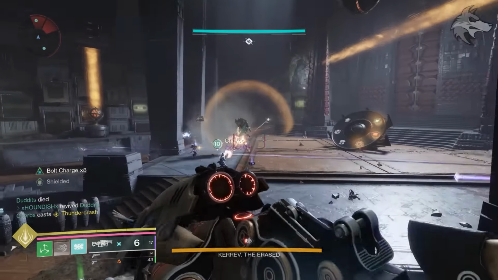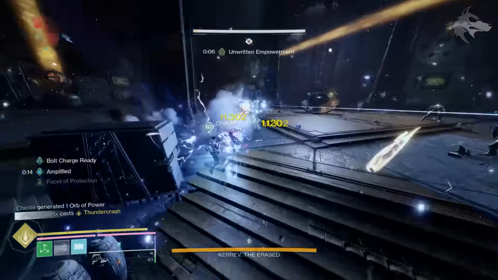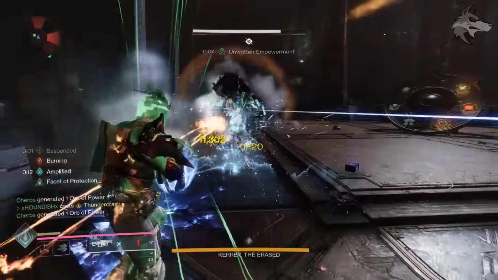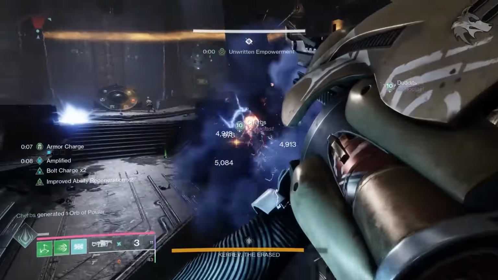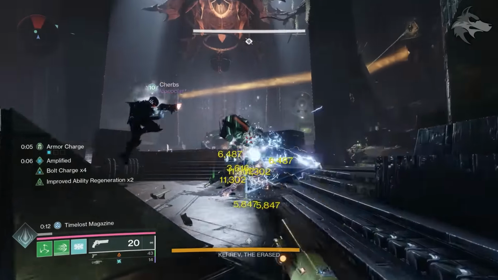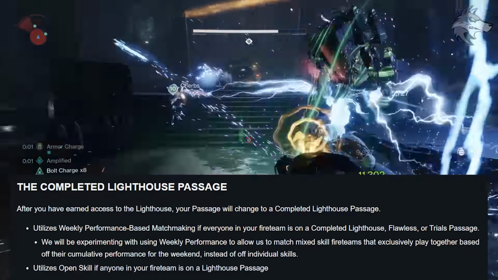Then if we get a 6 win streak, there'll be a white Trials Glow, and a 7 win streak, the flawless passage, will give a red Trials Glow, as well as an Adept weapon, a base weapon, and a flawless passage, which we'll touch on in a moment. Once we complete a Trials passage though, it will become a completed Lighthouse passage, and games after that will utilise weekly performance-based